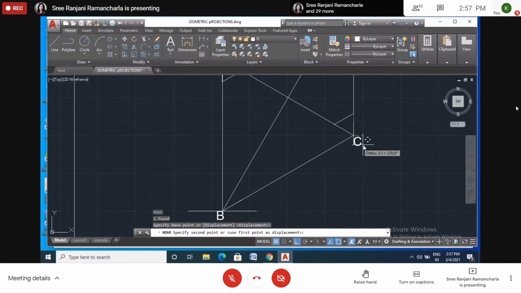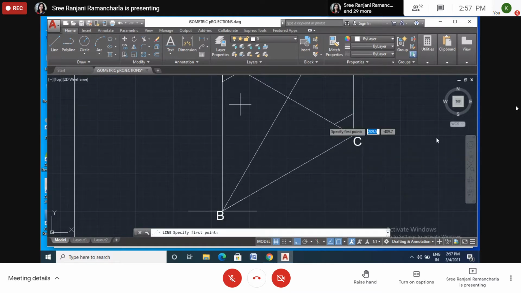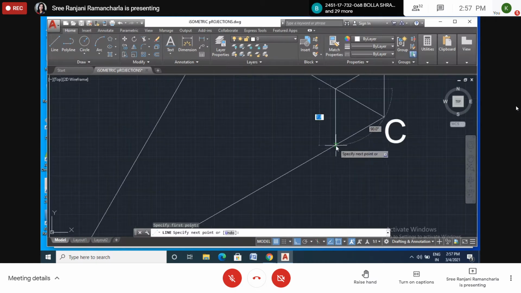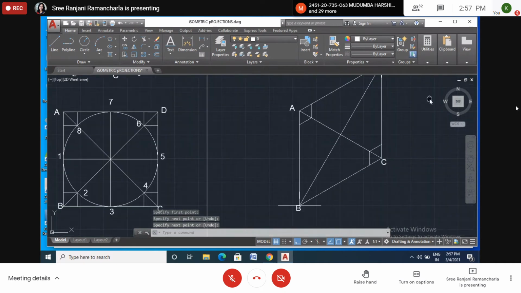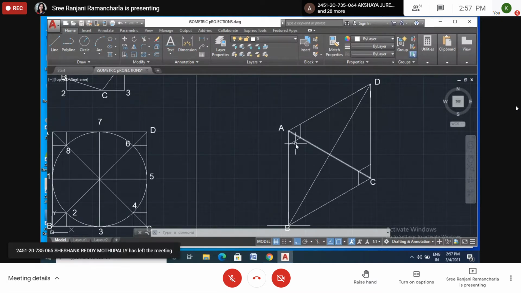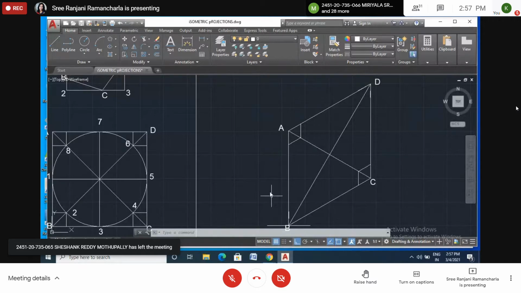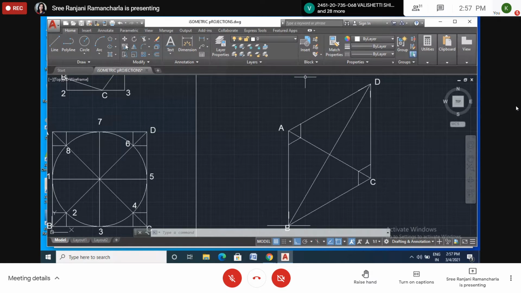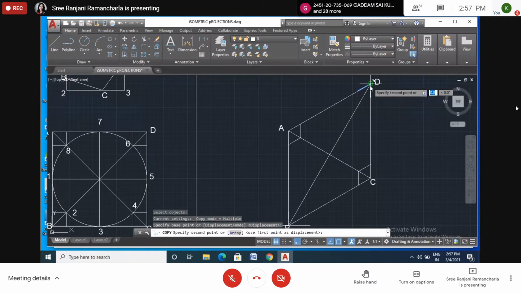We have not drawn it or what? Don't bother. You can draw the line separately like this, from here, intersection, vertical, vertical. Okay, enter. Now, this one we cannot copy. This one we cannot use the mirror command in this case. Okay, so copy, enter, displacement, got it. Again, double copy, displacement, like this.